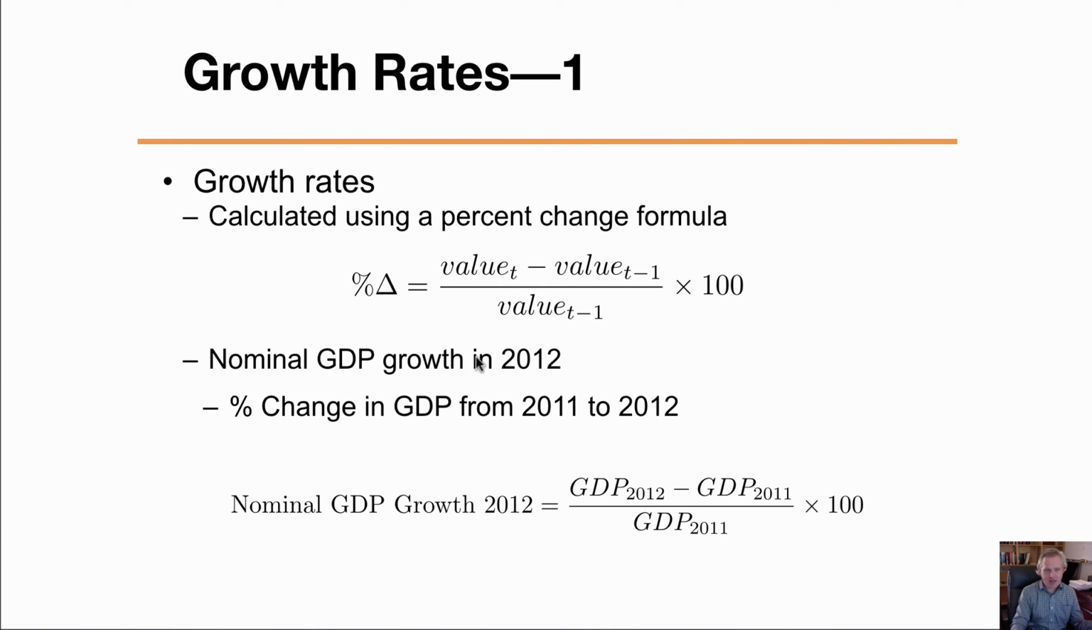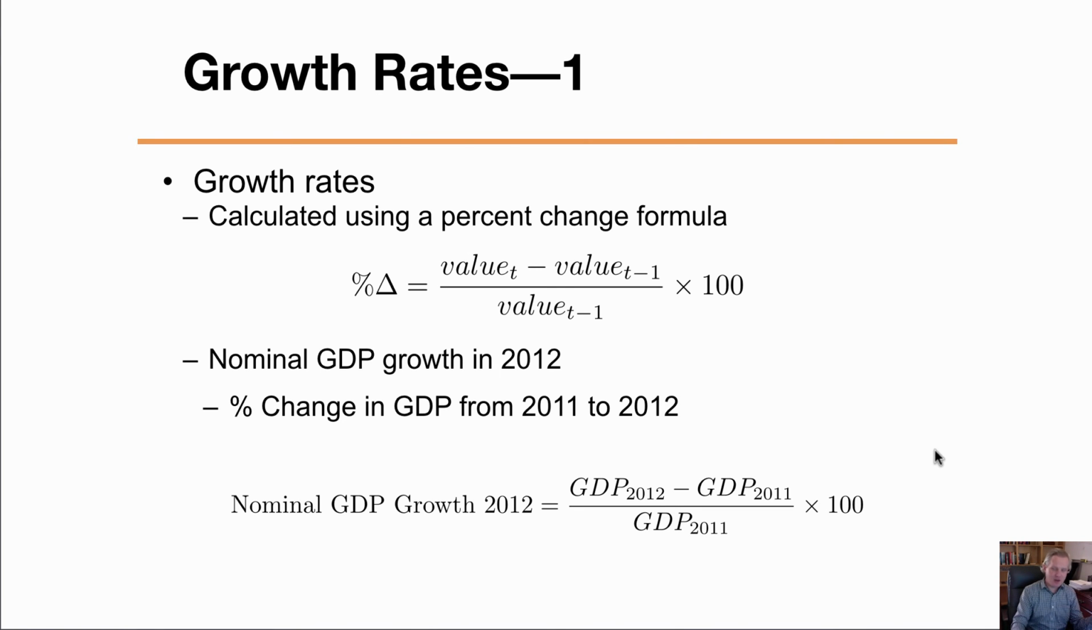So let's use it in an example. Let's find nominal GDP growth in 2012. So this is nominal. We're just going to take the raw values of GDP and calculate that percent change without doing the deflator at this point. So we'll have GDP in 2012, the second value, minus GDP in 2011, which is the first value or time period t minus 1. So 2012 was the time period t, 2011 was t minus 1, divided by the GDP in 2011,